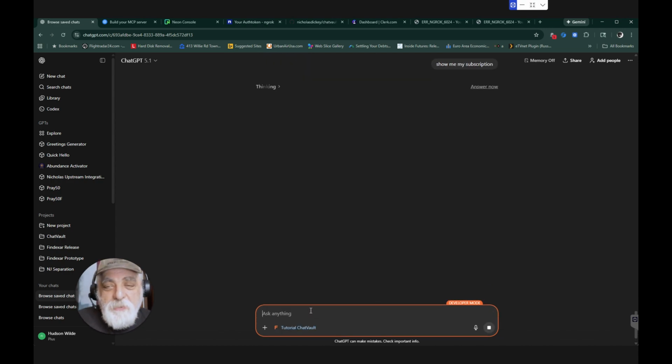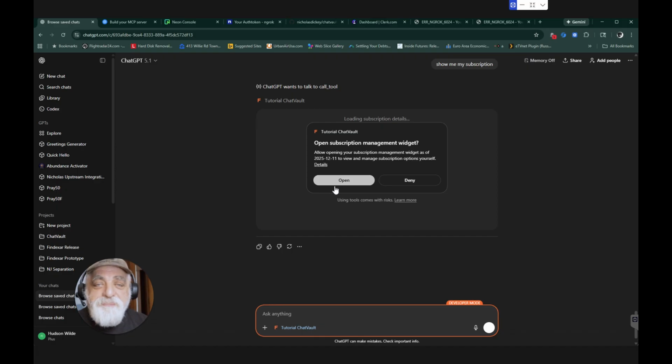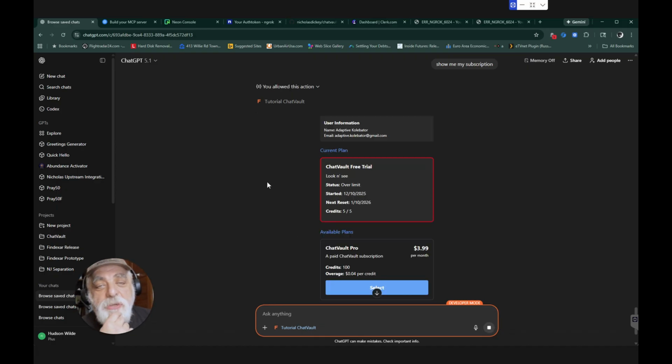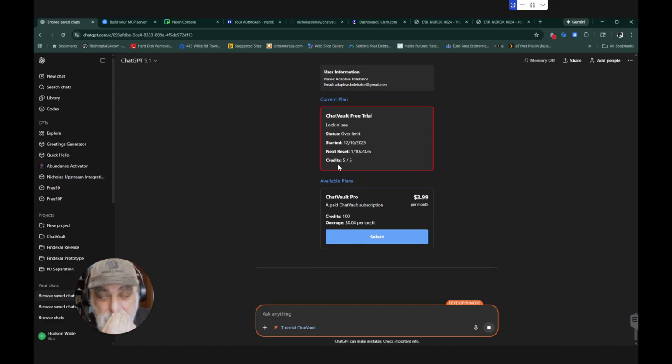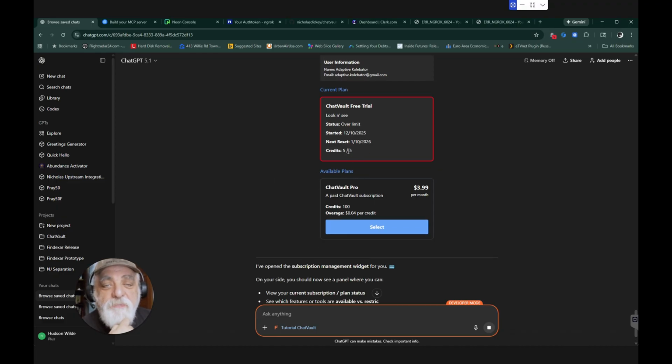Then we told it that we're debugging, so it started giving me technical information, which the end user will not hopefully be asking for. So basically, now the end user can see that it's on a free trial plan with 5 credits. In most cases, it brings it up automatically, but sometimes ChatGPT decides to give users the options to choose. So it needs to update to the Pro plan, $3.99 a month, 100 credits. So let's go ahead and upgrade using, this is all test